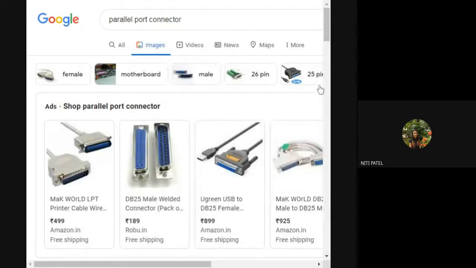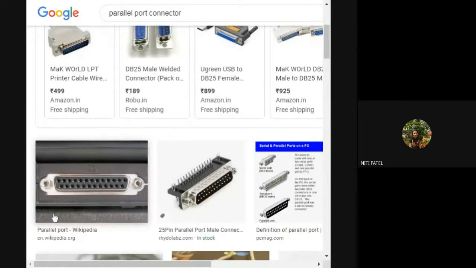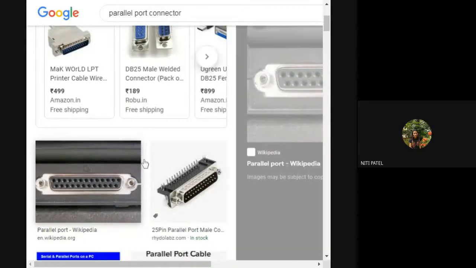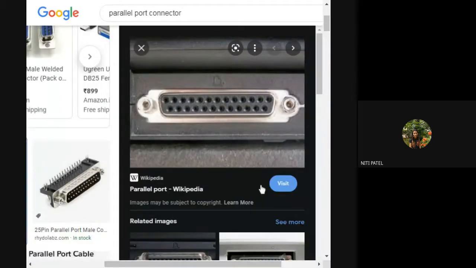Can you see the image? Yes, ma'am. So, it looks like this. It is also called the parallel port or D-type connector. It has 25 pins, and the shape is a standing line and a curve, like a D. Therefore, since it is in the shape of D, it is called D, and it has 25 pins.